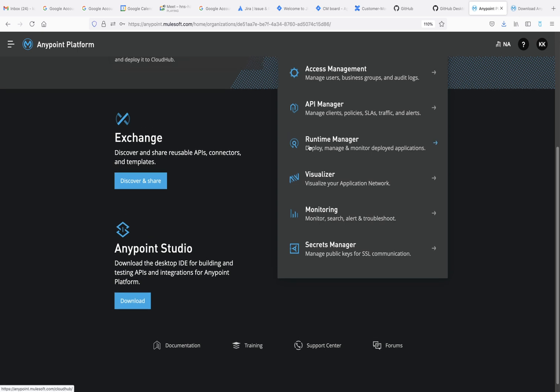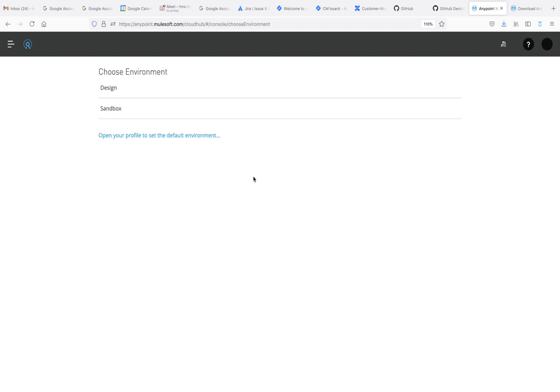Okay, so if you go inside Mule Runtime Manager, we have the CloudHub deployment model, which is on top of AWS only, and that setup is already done by MuleSoft. So we need not worry about that. That is the beauty of this CloudHub deployment model: we have very little admin-side activity. They provide an iPaaS solution, you just need to use that solution. They will provide you the environment and everything.